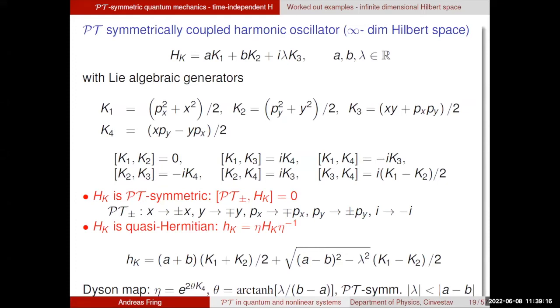Notice I'm not reversing all space, x and y going to minus, because that would not be a symmetry. You see here I picked up minus minus, so it's plus, but there would be a minus from the i. That's not PT-symmetry. But this is a PT-symmetry, and this PT-symmetry guarantees you again all the features